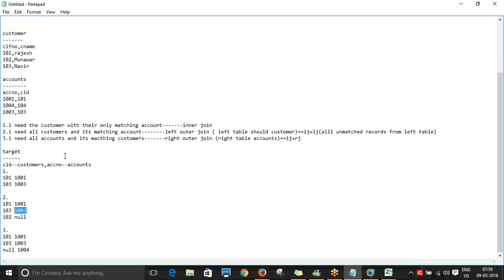Account number, right? Oh, sorry, yeah. So for 102, is there any account number here? No. So that is why we have got null. Okay. That is what unmatched records from the left table means. Okay. Now when I said right table, okay,